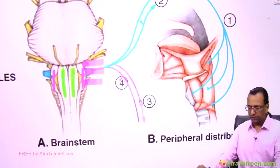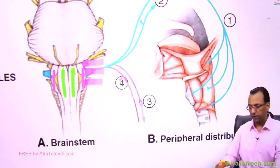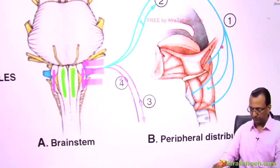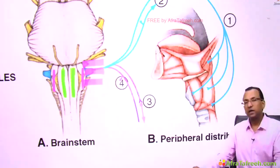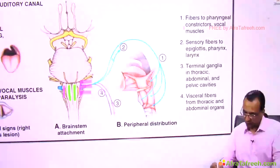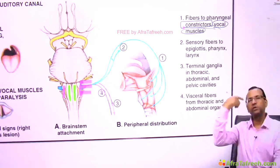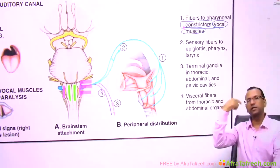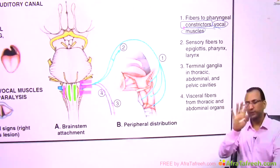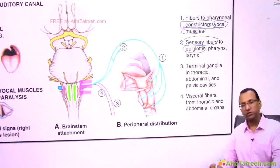Now the 10th nerve, as we are suggesting, supplies the superior, middle and inferior constrictors. It is also supplying the muscles of the larynx, pharynx and palate. And what else is it doing? The vagus nerve supplies the constrictors and laryngeal muscles, and it is sensory to the posterior most tongue. You remember? Taste and general sensation, posterior most tongue, fourth arch. So it is sensory not only to the tongue, but the epiglottis also, tongue and epiglottis, fourth arch, and pharynx,